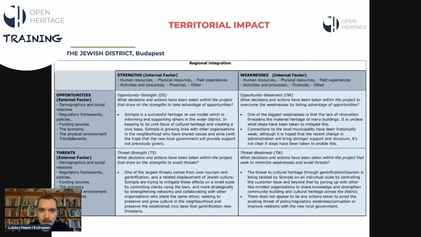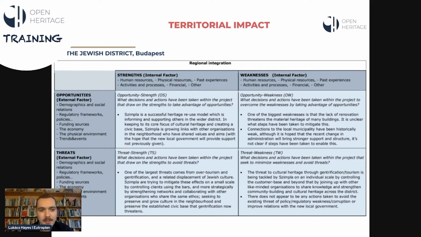And before finishing, I would just like to very briefly touch upon an analysis that some of our colleagues from Roma Tre University have developed, which was also part of the Open Heritage Project. They looked at some of the case studies that were developed by us and other organizations, and made a more in-depth analysis of the territorial impacts of those projects. And you can see